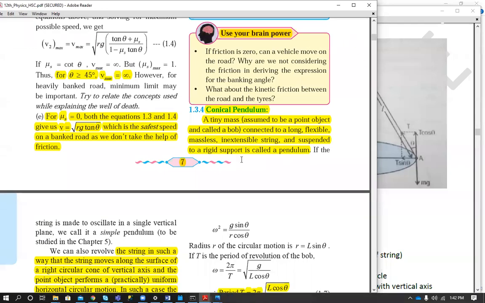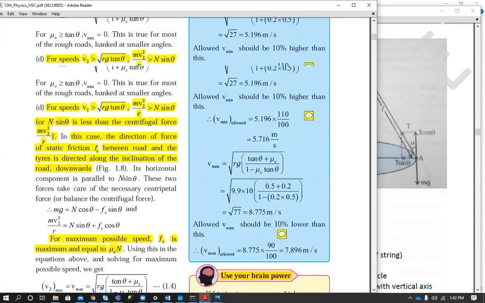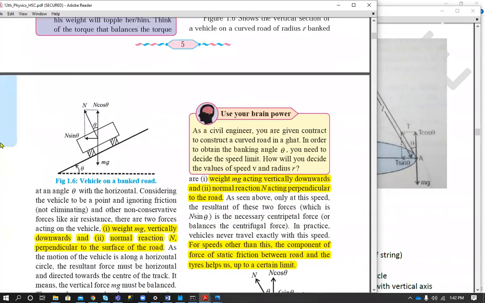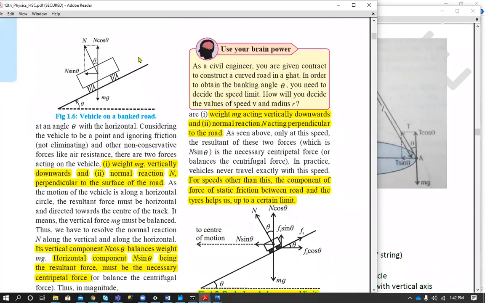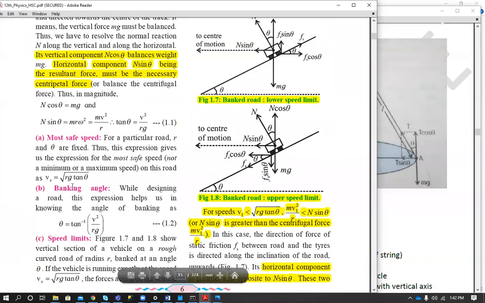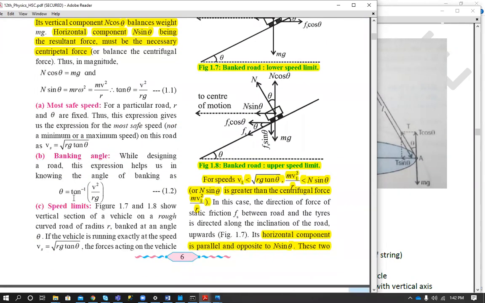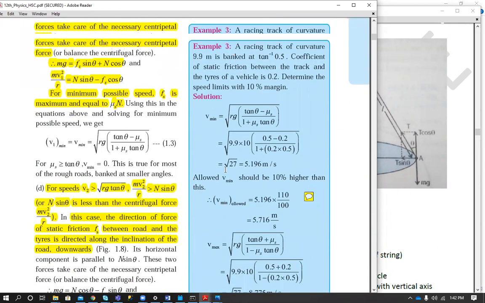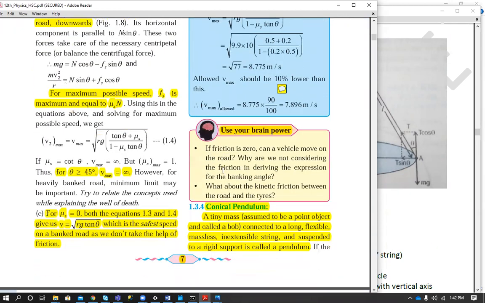Hello everyone. So in the last lecture we have seen the topic of banking of road and why it is necessary, and then the derivation for most safe speed, and then the speed limits, or maximum and minimum speed on a banked road. We also saw the formula for angle of banking, and we have seen one solved problem on this topic. Now let's